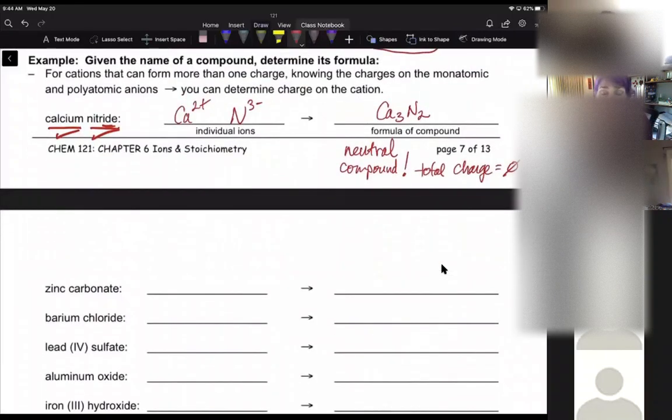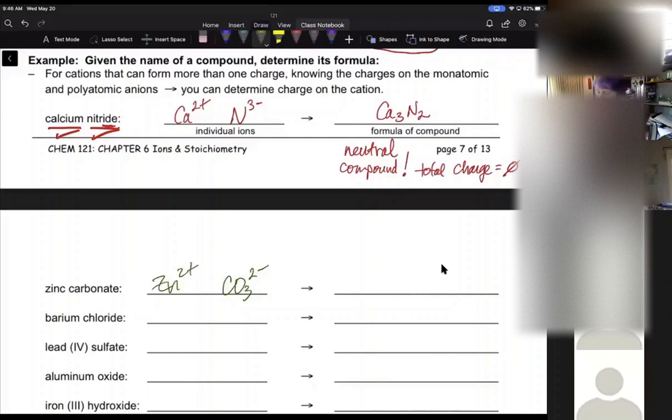This is an ionic compound. It's a metal with a nonmetal. When we talk about molecules, when we're talking about nonmetals with nonmetals, then we get all that mono-di-tri business. But as long as we have a metal with a nonmetal, it's ionic, and there's no mono-di-tri. All right, so this is another good chance to get familiar with your polyatomic ions. All right, this one's tricky